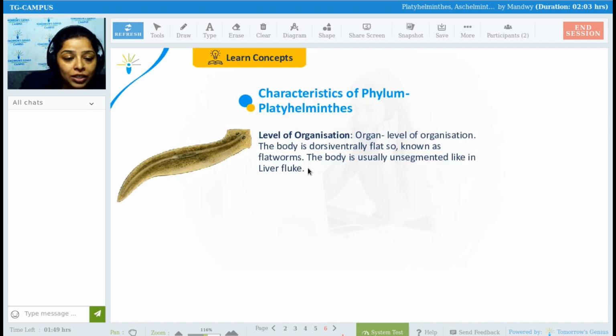The level of organization: till now we have seen the cellular level and tissue level of organization, right? Now the Platyhelminthes have organ level of organization, means inside the body they start forming organs, which are in a very primitive form. For some functions they have proper organs, and for some functions they do not have the proper organs that a well developed animal has. Okay,